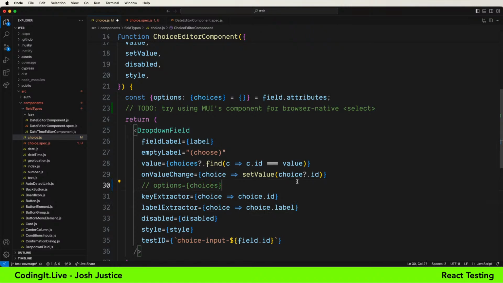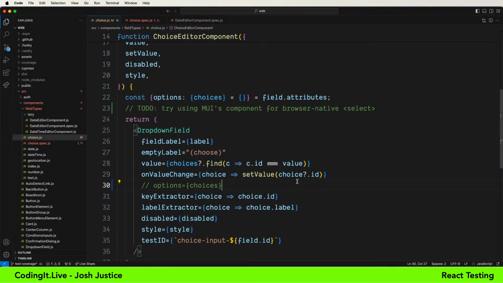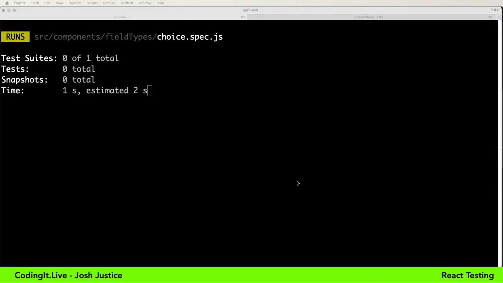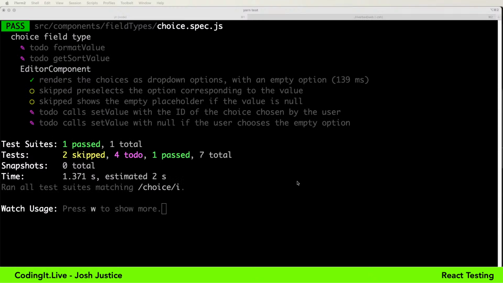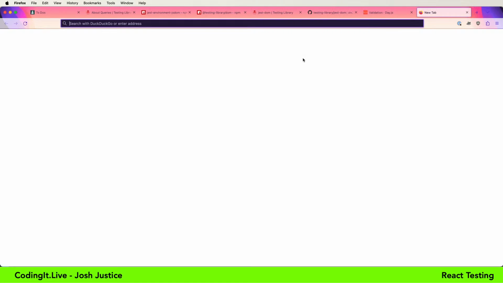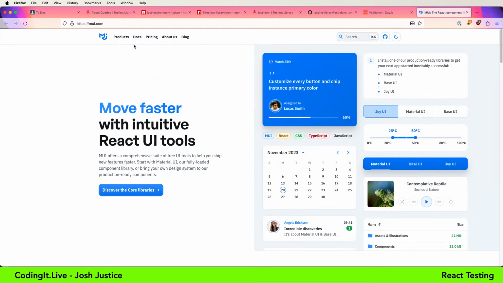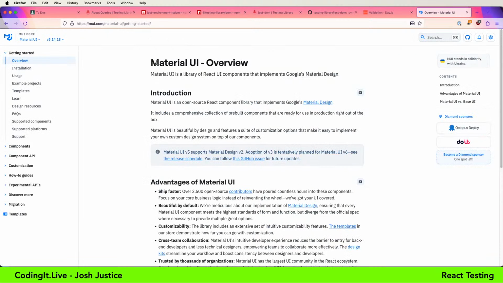And let's see here. If we just remove the options, the test will fail. If we remove the label extractor that shows the label on there, the test succeeds. Oh, well, that's worrying. I wonder if it does that automatically using the label field. Let's look that up to see, because I don't want to assume. This could actually be a way to simplify the code. We're going to go to MUI.com. I may have put in some unnecessary logic in there.